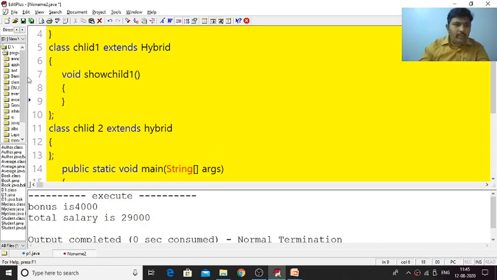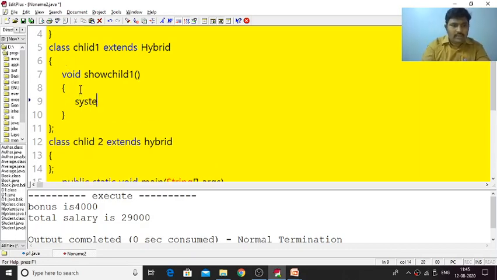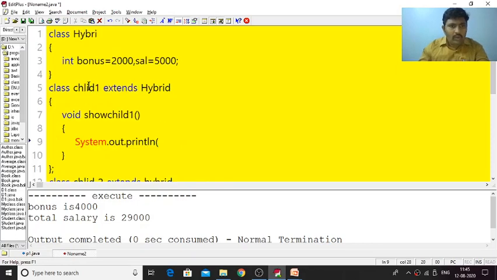We are going to print System.out.println. So what are the variables there?